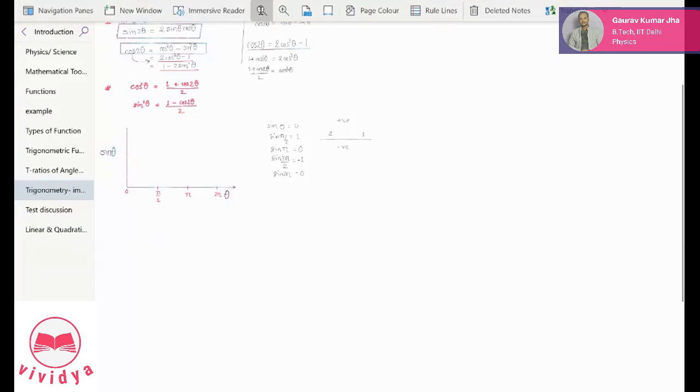Okay, so sorry about that. So pi will become 0. Pi by 2, it is 1. So this is the value 1. Okay, so it will go up, it will peak at pi by 2, and then it will come down, will become 0 at pi. Okay, there is 3 pi by 2 I left. Just a second. 3 pi by 2, and we have 2 pi somewhere here, let's say.